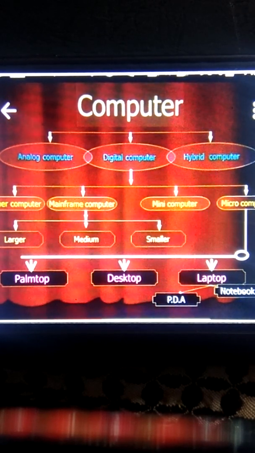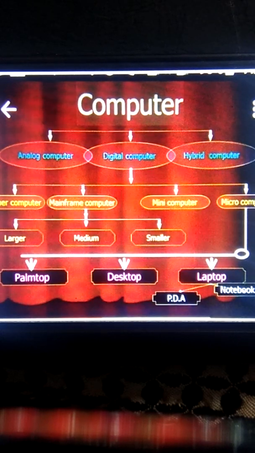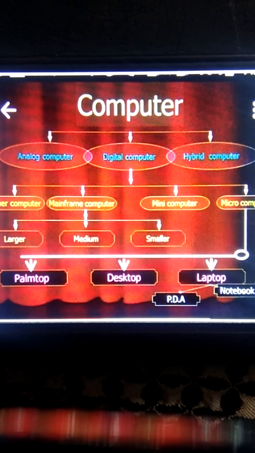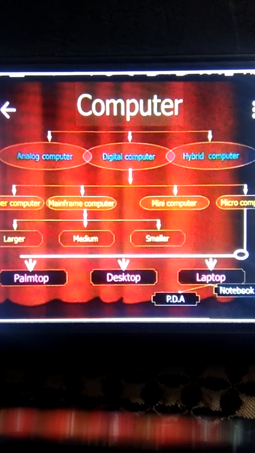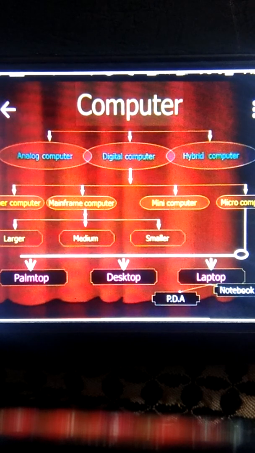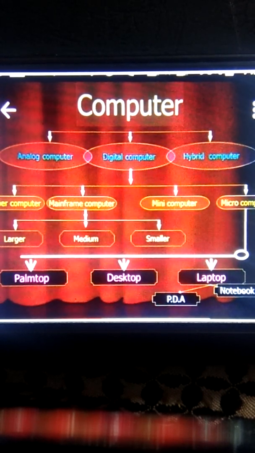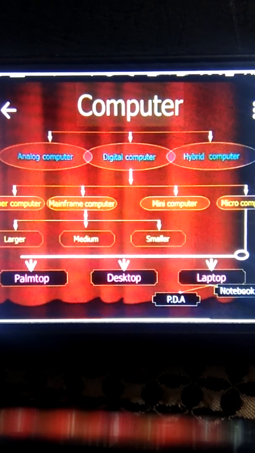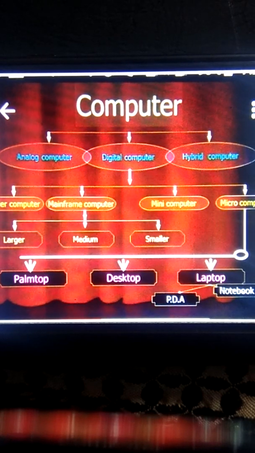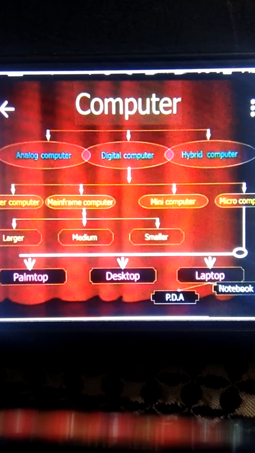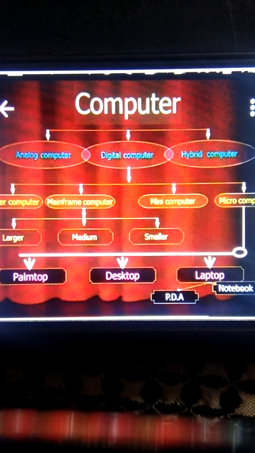Further division of digital computer is supercomputer, mainframe computer, mini computer, and microcomputer. Supercomputers are the computers used in scientific research. When we want an accurate result and high levels of calculation are required, we use a supercomputer. Then mainframe computers have a further division: large, medium, and smaller.